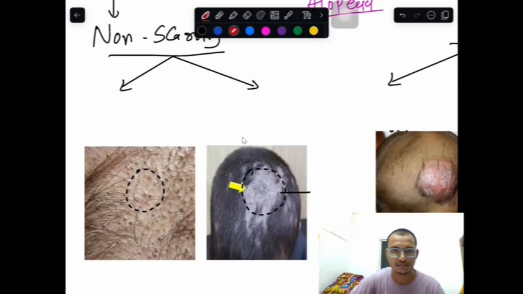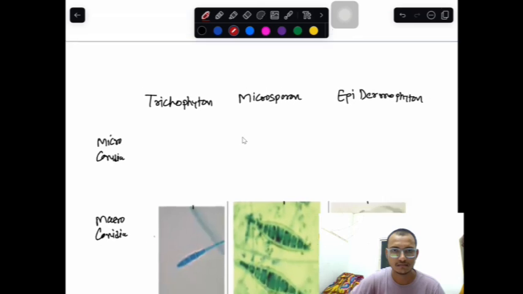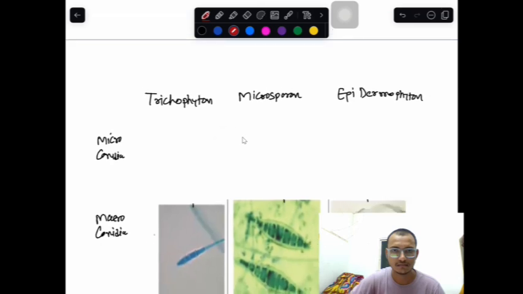First we will learn the microscopy. The basic point, as we have already told you, is the involvement of hair, nail, and skin. We will write it like H, N and S. What is the meaning of tri? Tri means Trichophyton, Microsporum, Epidermophyton. In Trichophyton, all three organs are involved: hair,